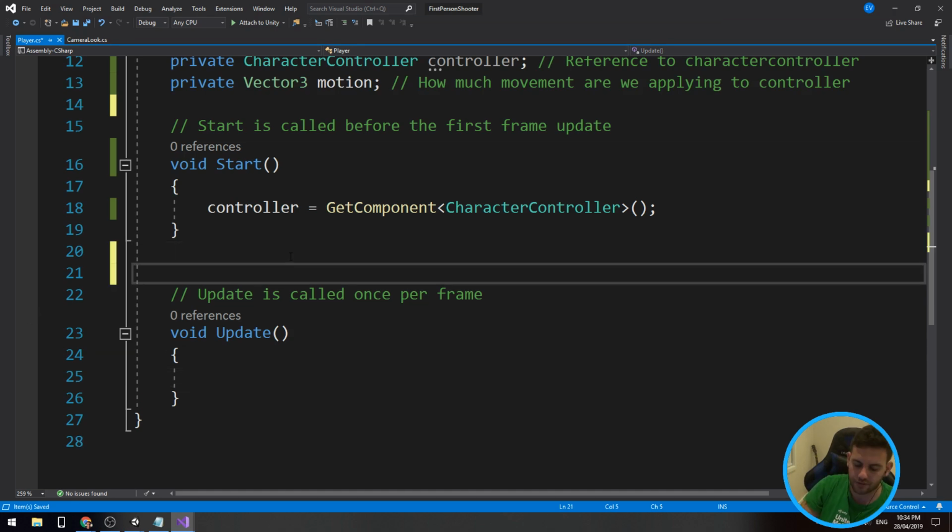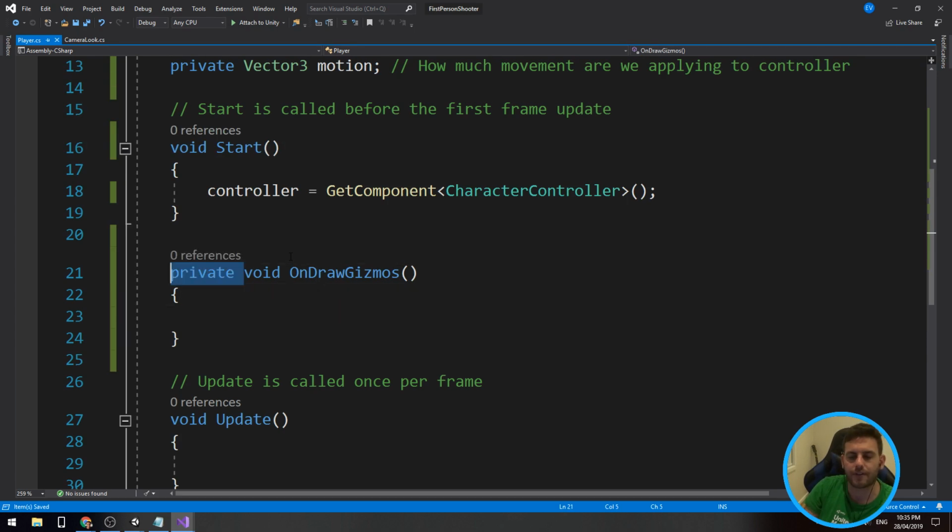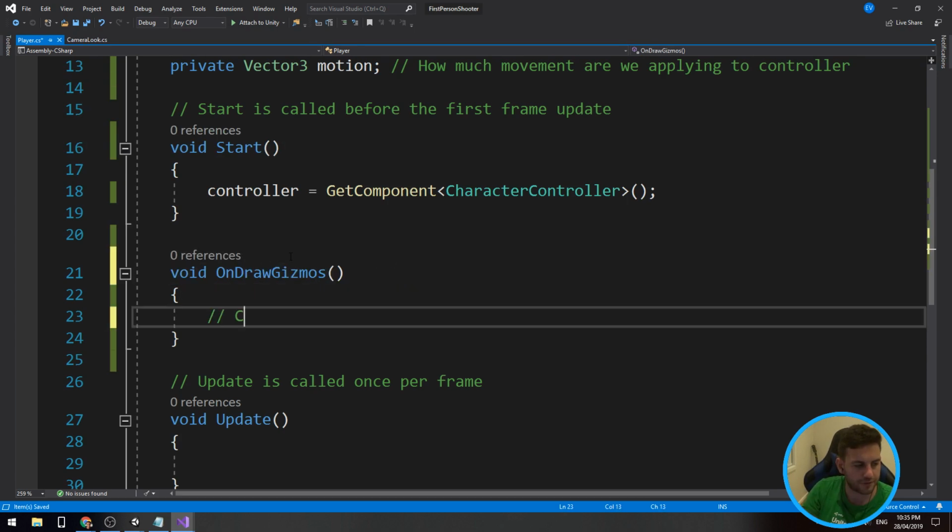So let's try doing this. Void OnDrawGizmos. OnDrawGizmos is another function that comes with Unity, which allows you to draw lines and all that kind of stuff during edit mode. So it happens in edit mode. Now, if I go to